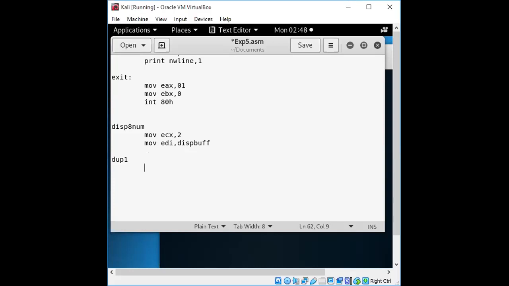Now here first we need to get the number, whatever number we have got. After getting that, we need to convert it: we need to rotate that number by 4 bits, right? Whatever number you have converted into binary form, we need to rotate it to the left, ROL, 1 bit to the left.